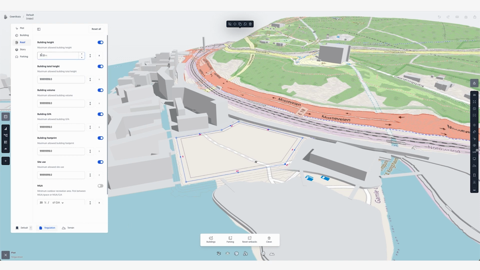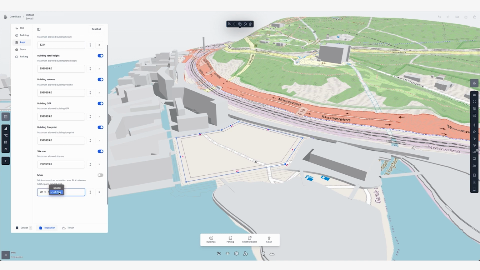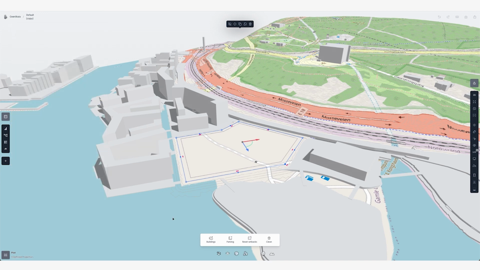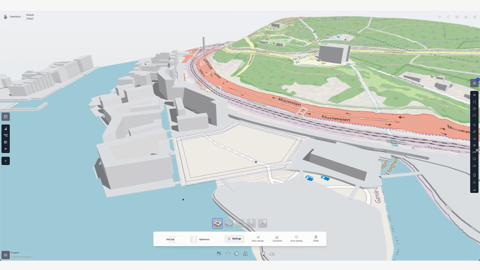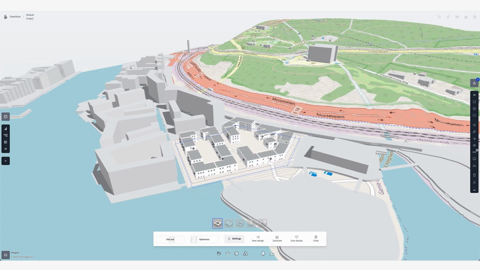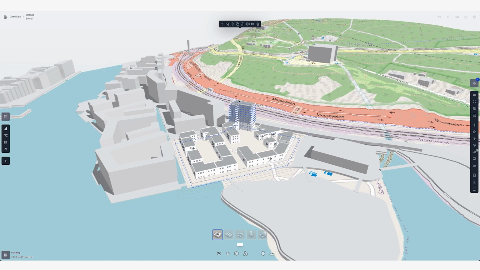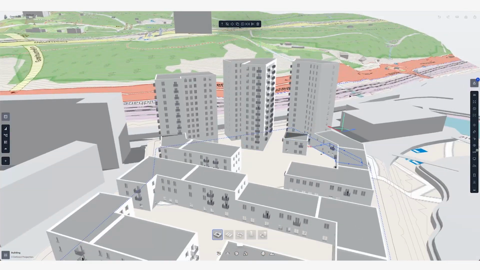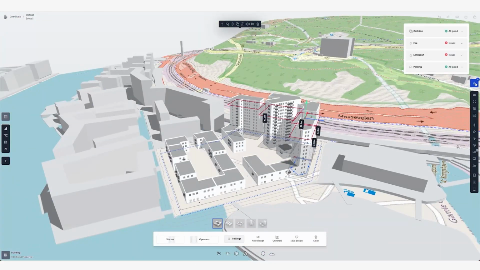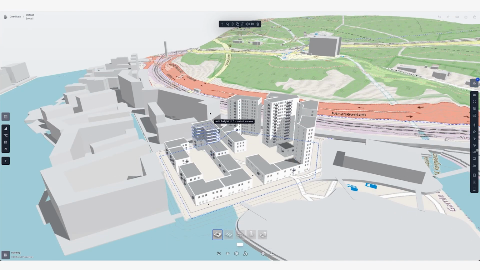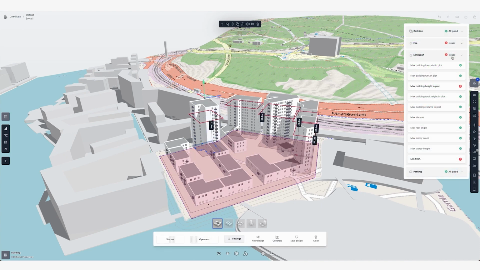For example, let's define that buildings cannot exceed 32 meters, and that 20% of the total gross area should be designated as outdoor areas. Then we select the plot and generate an initial proposal by clicking the buildings in the tool menu. Now let's go in manually and adjust the number of stories on some of the buildings. Immediately, we see warnings in Spacio's compliance system for both fire regulations and building height. If we continue to increase the number of stories, we also get warnings on the outdoor